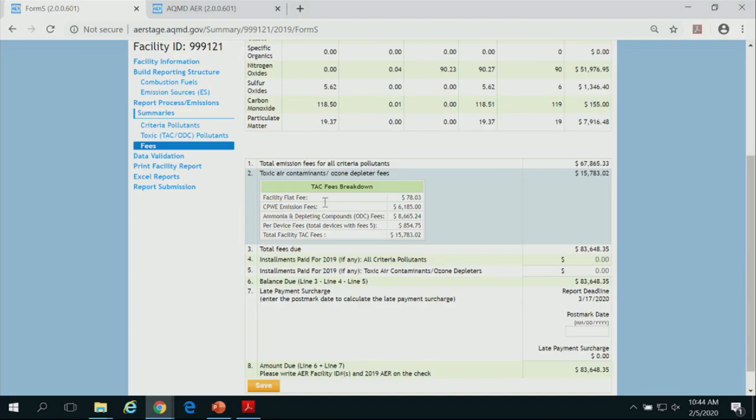As I indicated, this table is new in this window. The other window is about installments. If your facility generates more than 10 tons of criteria emissions, the next year, let me give you a number, I guess you follow it better that way. In 2018, if you report more than 10 tons of criteria emissions, in July of 2019, you get a bill from the district called a semi-annual bill.